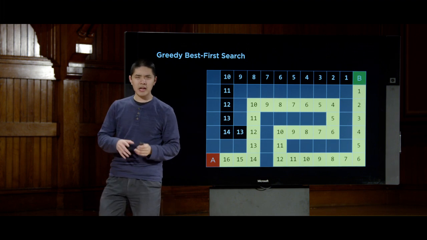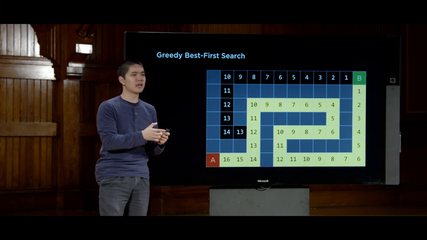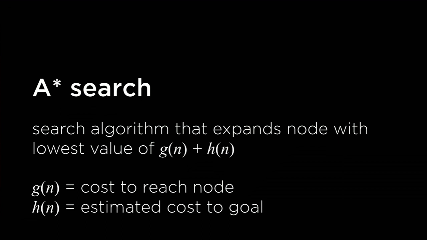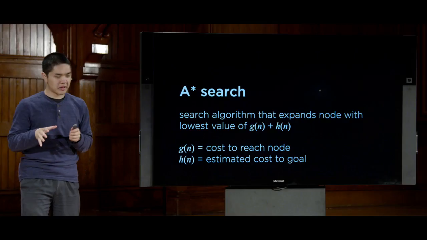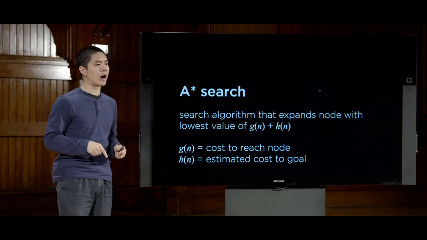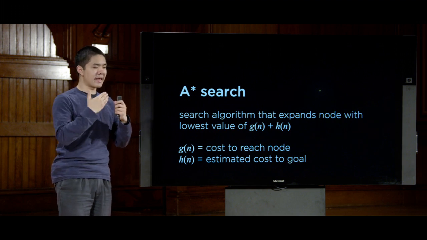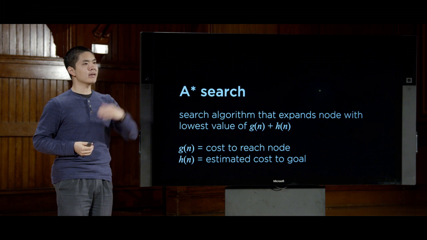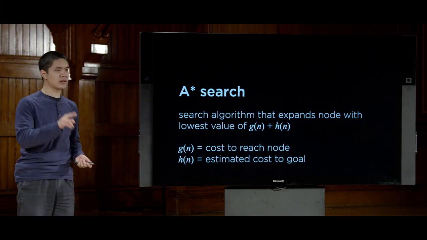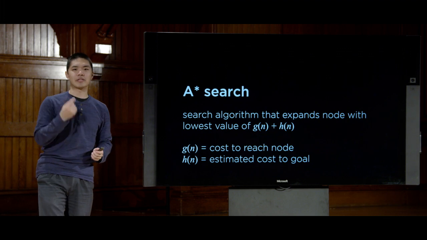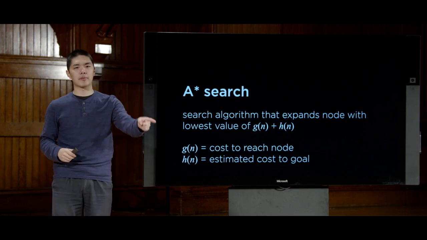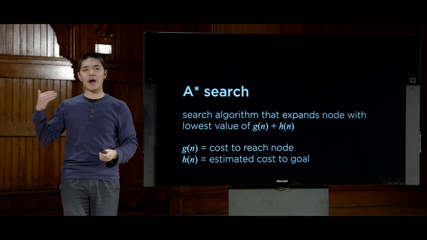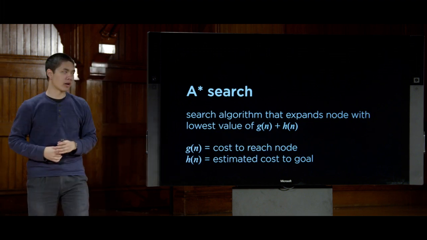I'd rather be somewhere that heuristically looks like it takes slightly longer if I can get there much more quickly. And we're going to encode that idea into a more formal algorithm known as A-star search. A-star search is going to solve this problem by, instead of just considering the heuristic, also considering how long it took us to get to any particular state. So the distinction is, in greedy best first search, if I am in a state right now, the only thing I care about is what is the estimated distance, the heuristic value, between me and the goal. Whereas A-star search will take into consideration 2 pieces of information. It'll take into consideration how far do I estimate I am from the goal, but also how far did I have to travel in order to get here,